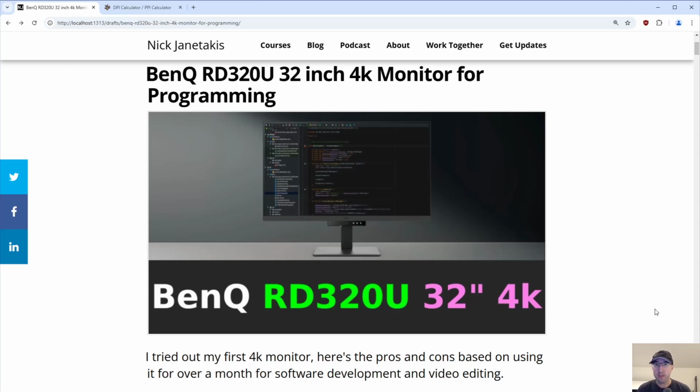In this video, we're going to do something a little bit different and go over this blog post that I wrote, which is a review of a 32-inch 4K monitor from BenQ, which is the RD320U. Now, this RD series is focused on programmers or software development. Basically, it is really tuned for viewing text clearly and has a whole bunch of different features around eye care